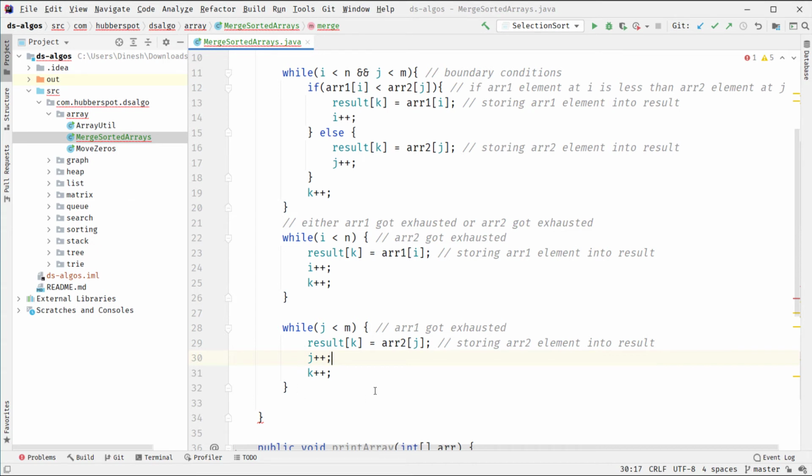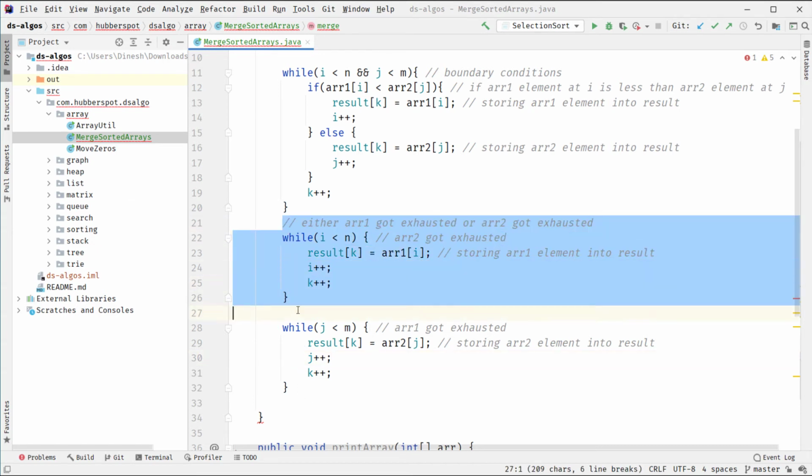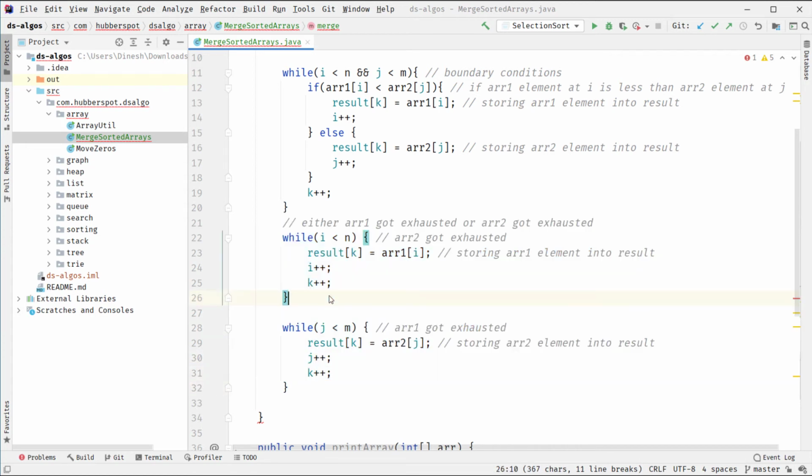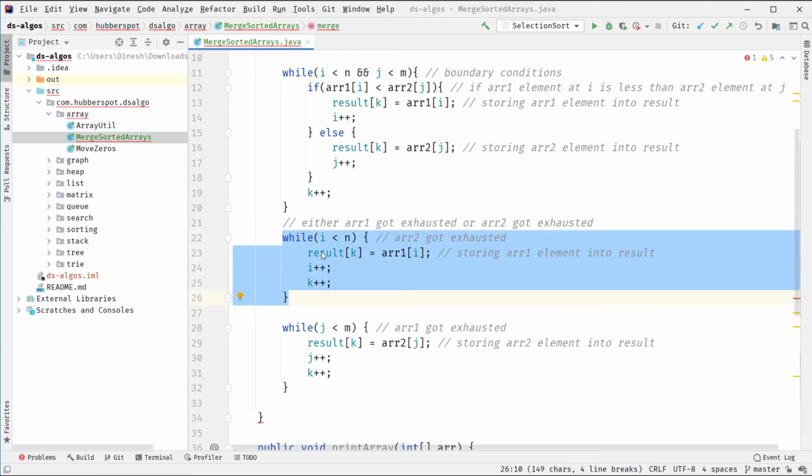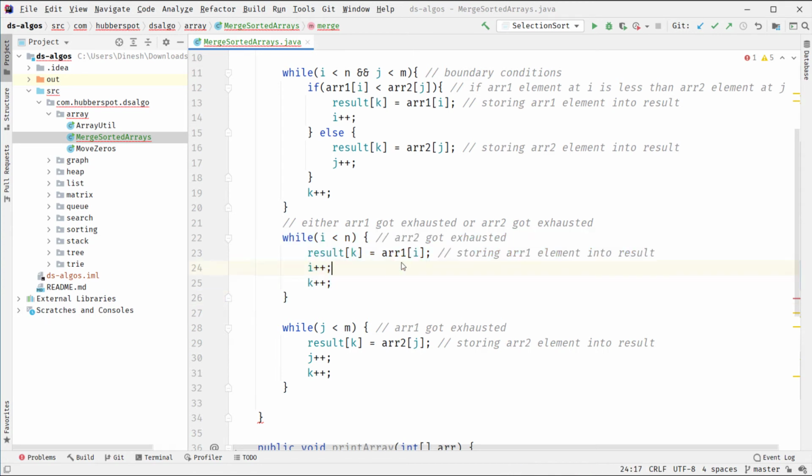So friends, here you see that we have provided these two while loops because we don't know whether array 1 got exhausted first or array 2 got exhausted first. If array 2 got exhausted first, we are simply copying the leftover elements of array 1 into result. And if array 1 got exhausted first, we are copying the leftover elements of array 2 into the result using this while loop.